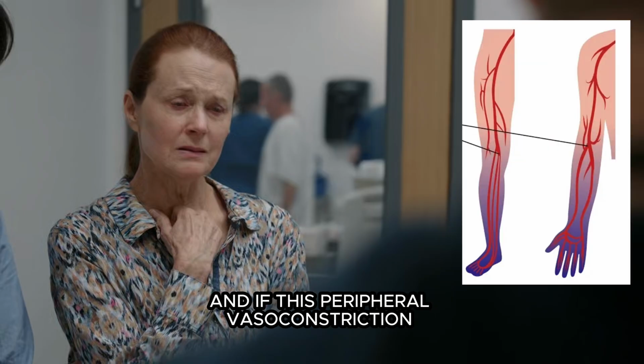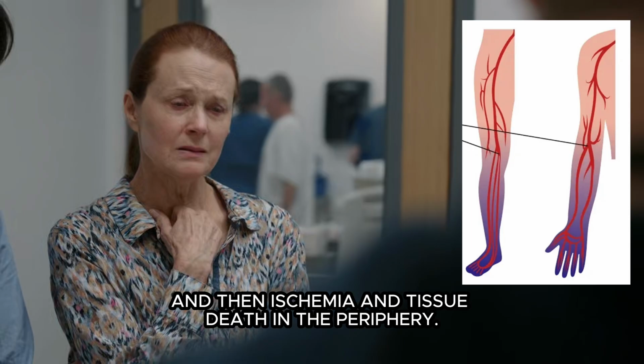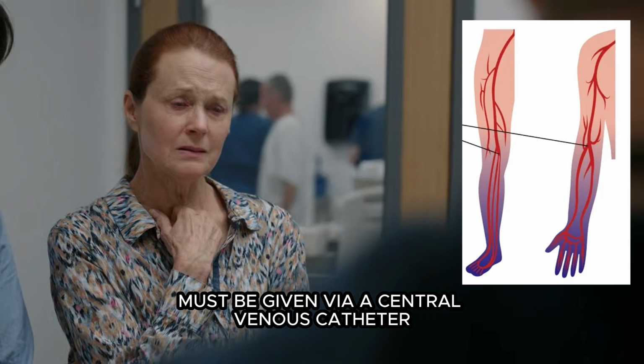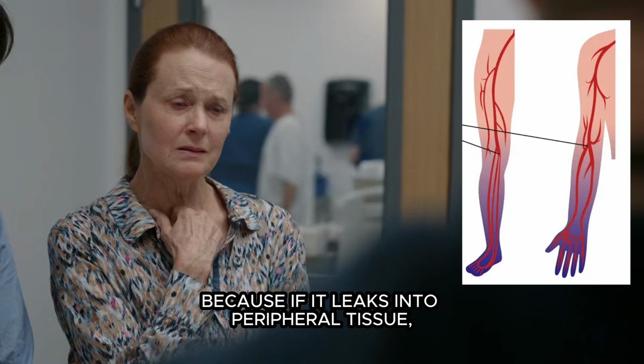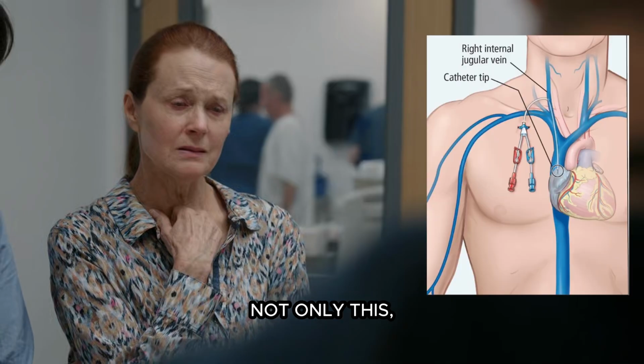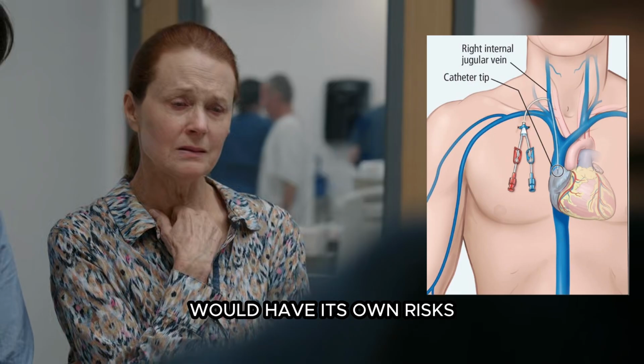And if this peripheral vasoconstriction becomes excessive, there would be reduced organ perfusion and then ischemia and tissue death in the periphery. And for the same reason, Levophed must be given via a central venous catheter, because if it leaks into peripheral tissue, it can cause tissue death due to vasoconstriction in the peripheries. Not only this, but even the insertion of a central venous catheter would have its own risks like infection or